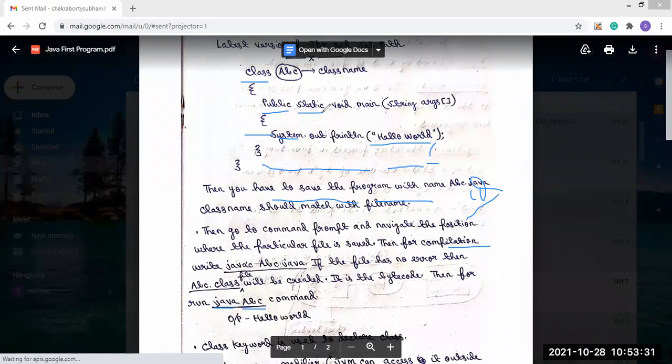Then the next keyword, static. Why do we use the static keyword? If we put the static keyword before a method, that means the method is not associated with any object.